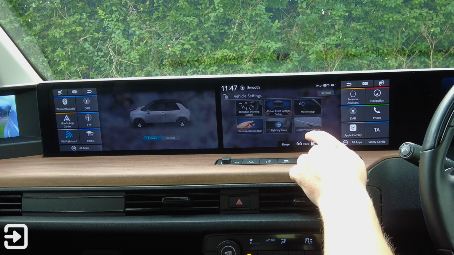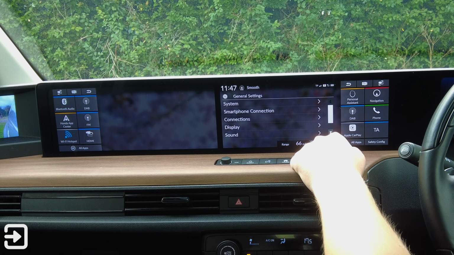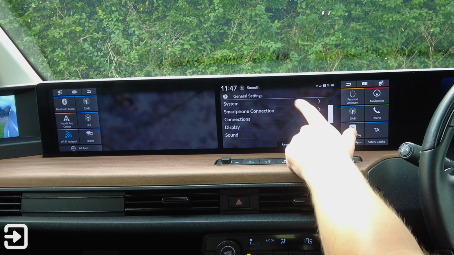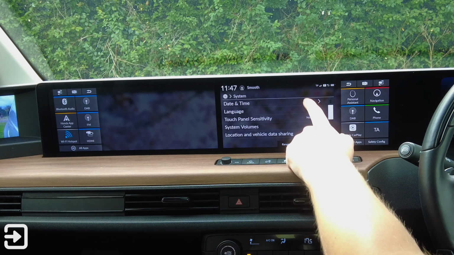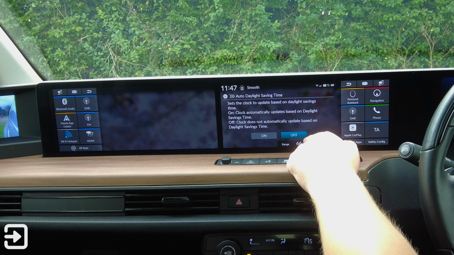So we're going to go back to the all apps display again. General settings for the infotainment system. So there's a lot of stuff in here again. So we've got the system. So we can choose the date and time for the car, set the date and time auto daylight saving. So we're going to turn that on actually. So it should pick it up